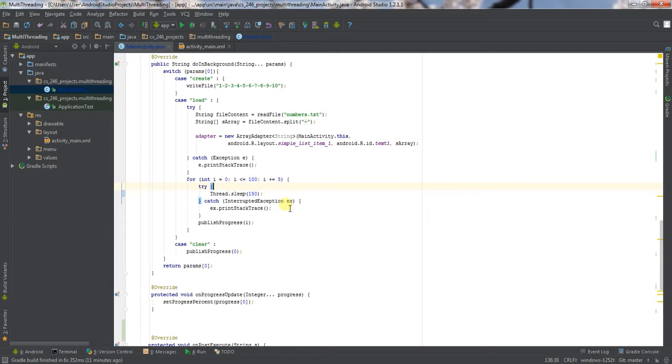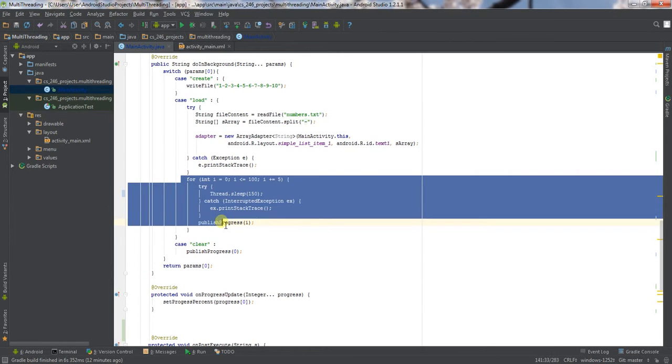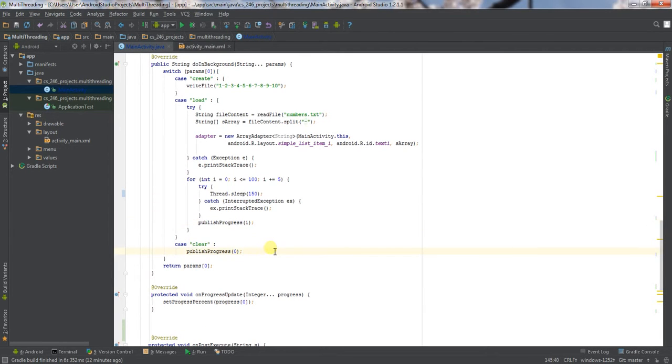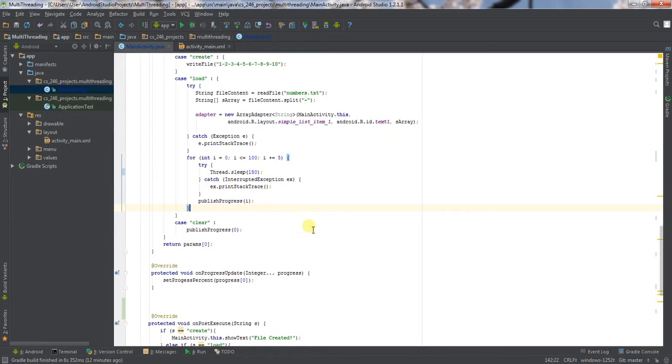And here we have just an example of a sleep, which helps my progress dialog look kind of uniform,